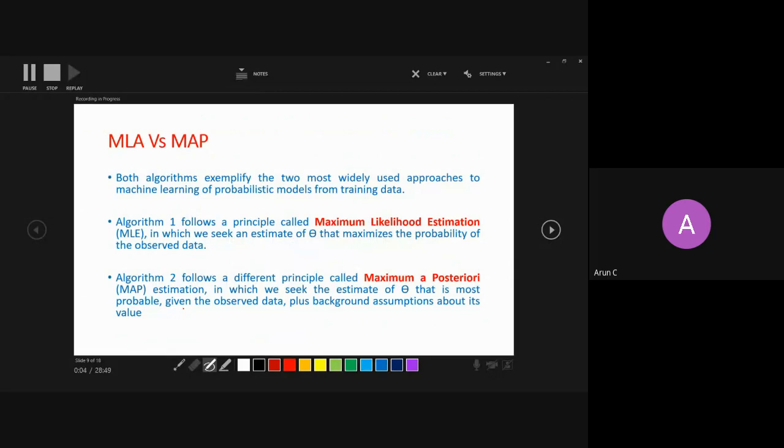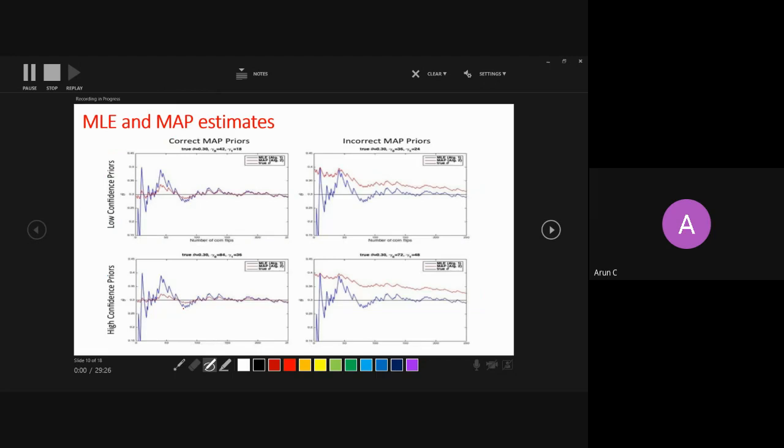I will try to first derive the expression, and then we will see some trials of the experiment which we can reproduce. So both experiments exemplify the two most widely used approaches, MLE and MAP, right? In MAP, the only thing is that we can bring our background knowledge or our belief about the experiment into the picture, right? So that it is more open to your thought. The second experiment, in a very informal sense, I'm just putting it. Okay.